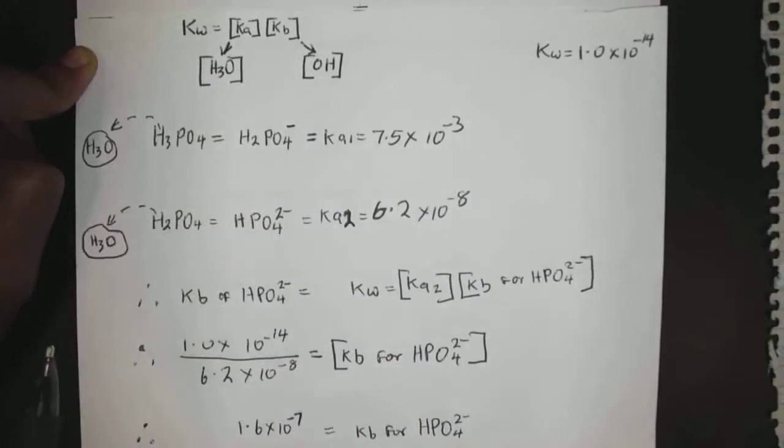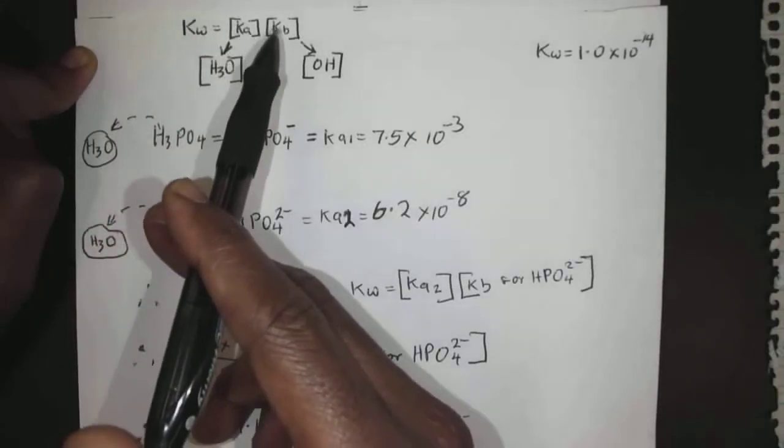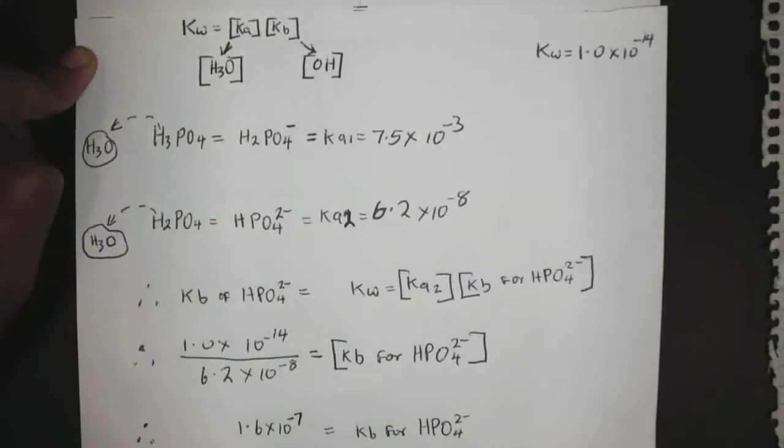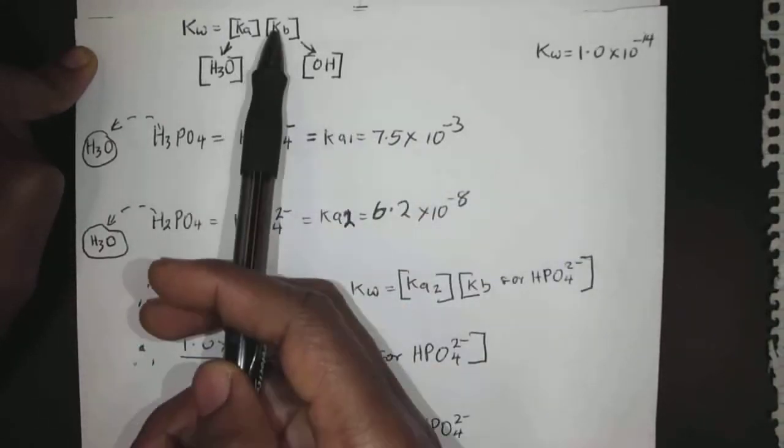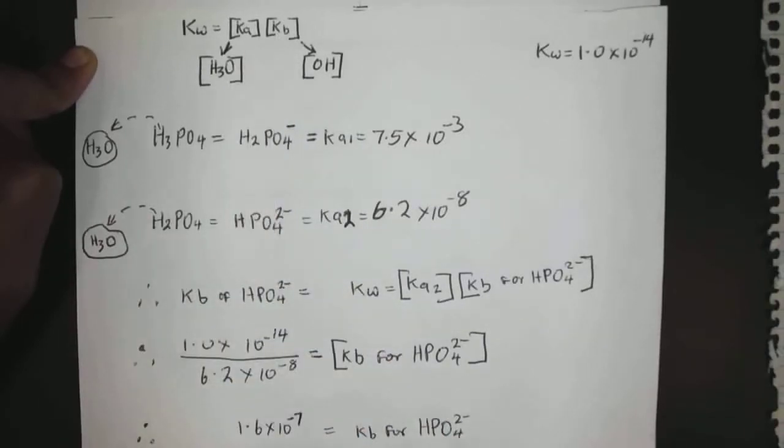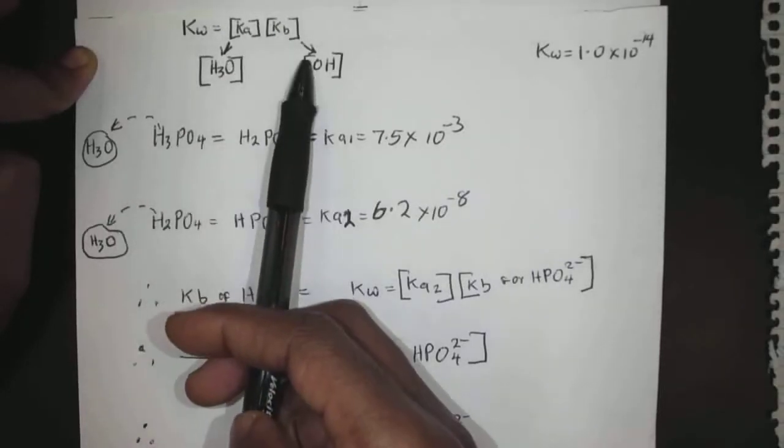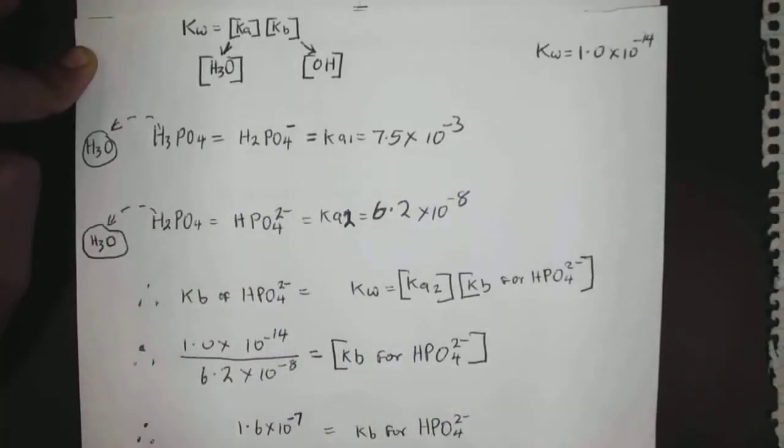The relationship between Ka and Kb is portrayed by the fact that when a weak base accepts a proton, emphasis on weak base accepts a proton from water, the resultant equilibrium has its own equilibrium constant, Kb. So when the question asks, what is the value of Kb for HPO4 2 negative, it is asking for the relationship between Kb value and the second deprotonation